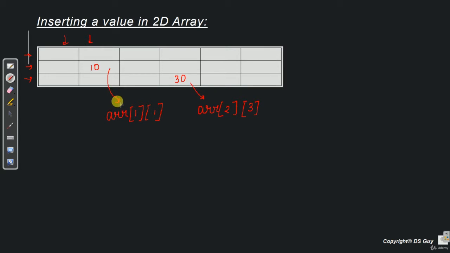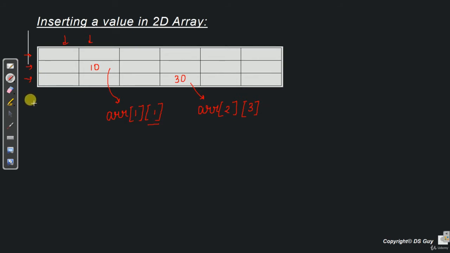So you see that the way we insert a value in a 2D array is exactly the same as a 1D array. The only exception is that we have to give one extra brace over here, and that is because we have to give the row number.